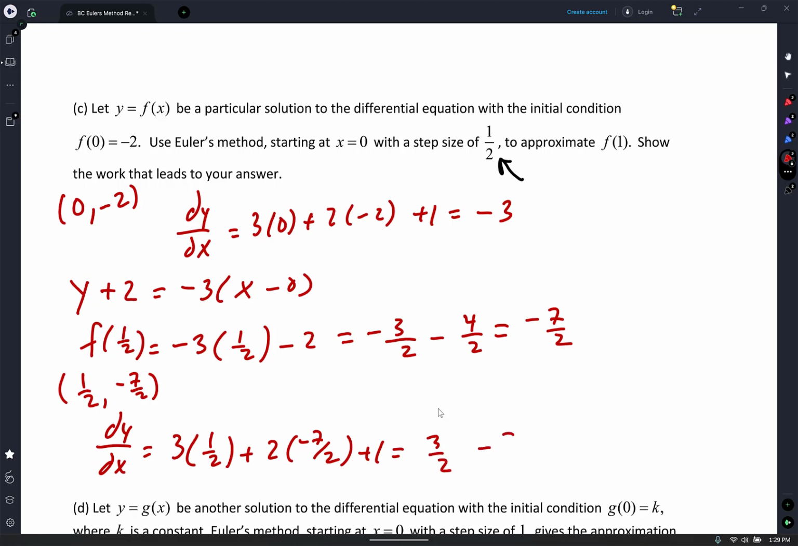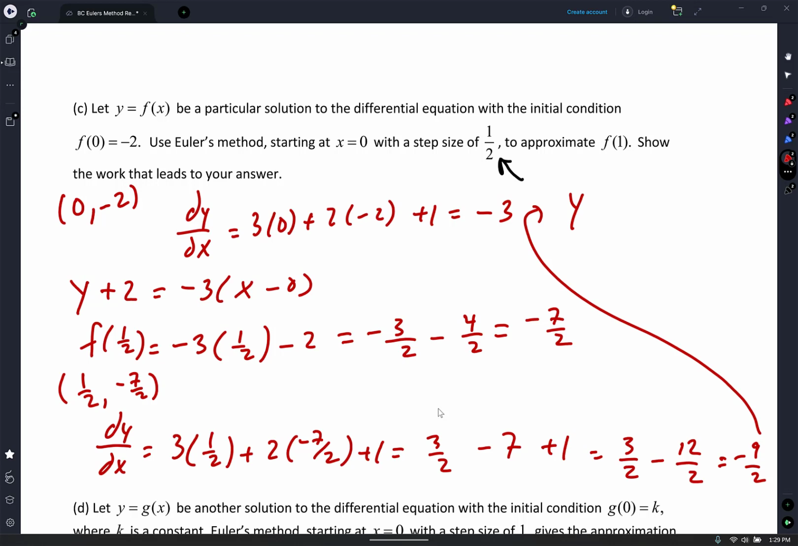3/2 minus 7 plus 1. 3/2 minus 6, so 12 over 2. Yeah, negative 9 over 2, and that's my slope. So here we go. Right over here: y minus 7/2 equals negative 9 over 2